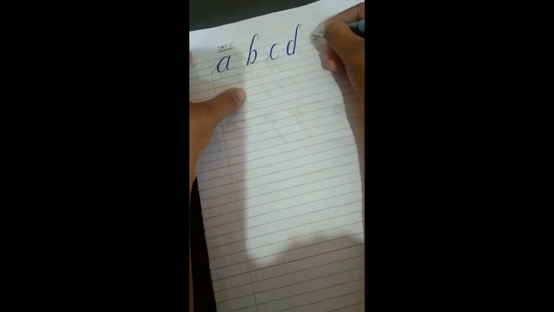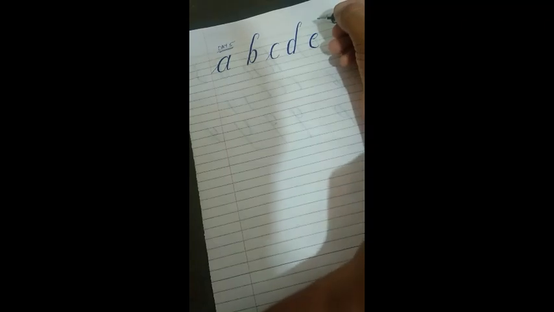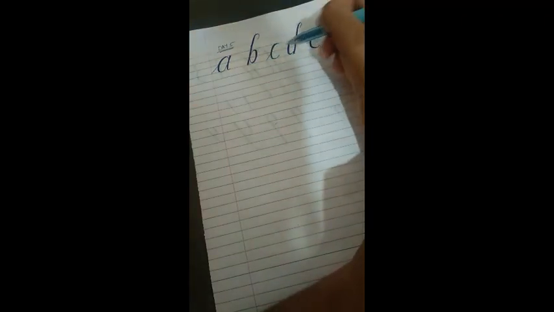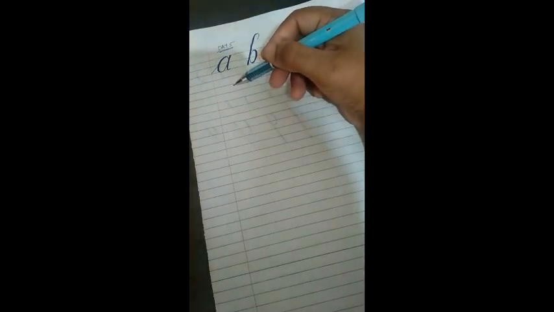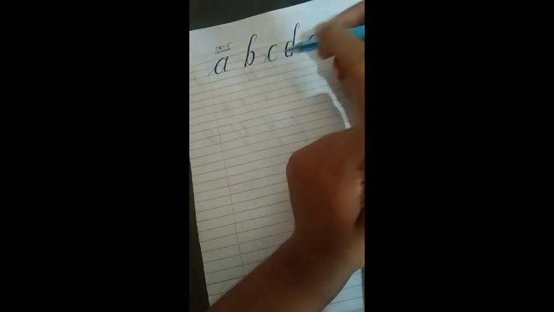Then comes your E. E is just an extension of C. See, I am writing it continually, but you write properly, like just 4 letters in one line. Then E should be written down. I am not writing like this because I am just showing you. But when you are writing, you should be writing it very beautifully and write along with your creativity also. So I'll be very happy to look into it. I am using continuation, but you write just 4 letters in one line.